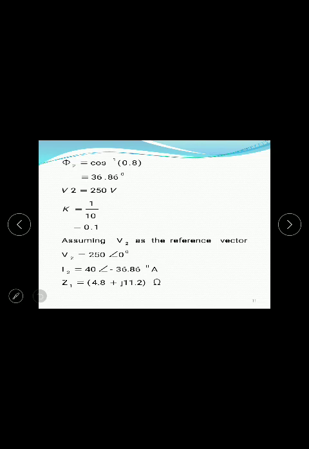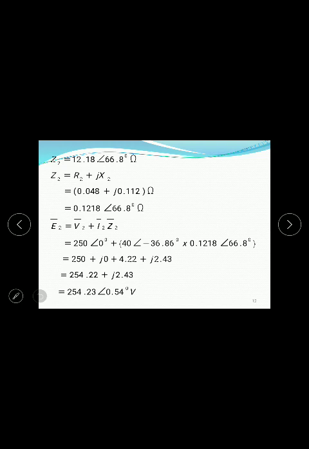Why V2 as a reference vector? Because only the V2 voltage is given, so it is the reference vector. V2 is equal to 250 angle of 0 degrees. I2 is 40 angle of minus 36.86 amps. Here Z1 is given as 4.8 plus j 11.2 and Z2 is